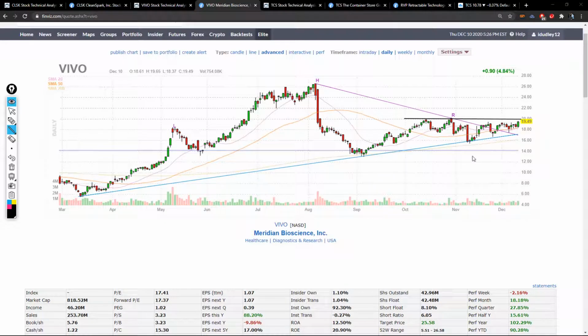And usually what you see is when a stock reaches an ultimate level, let's say $26 up here, what happens is the stock then rejects that level extremely hard. It just crashes after that level or just can't break through, and then it works its way back up, summons the energy and the demand to break through that level, and then pushes through, right? And so what I like about this one is it tapped $20 a couple of times,